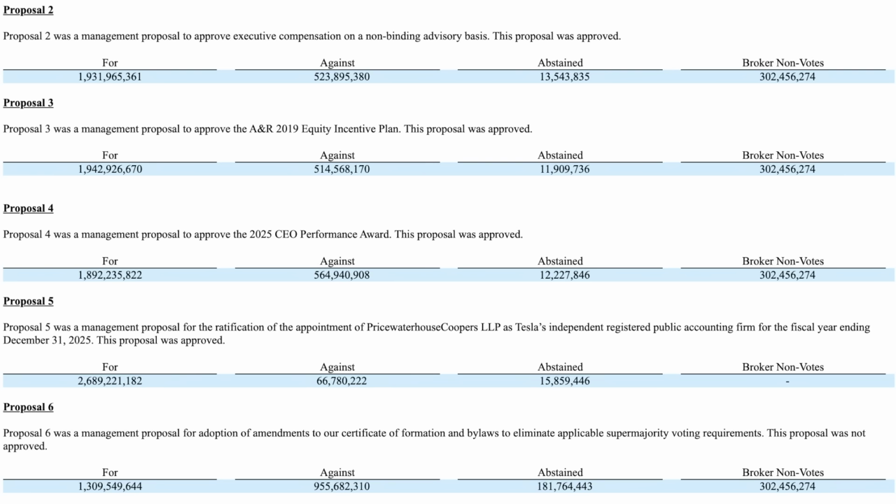And if you look at the votes, you will see 1.3 billion shares voted for, and only 955 million were against. But remember, the way this works, for supermajority, Tesla needs 2/3 of the outstanding shares. So given the number of shares Tesla has outstanding right now, they would need about 2.2 billion shares voting for, and of course they fell well short of that mark. So for now, where applicable, the supermajority voting requirements are staying in place.